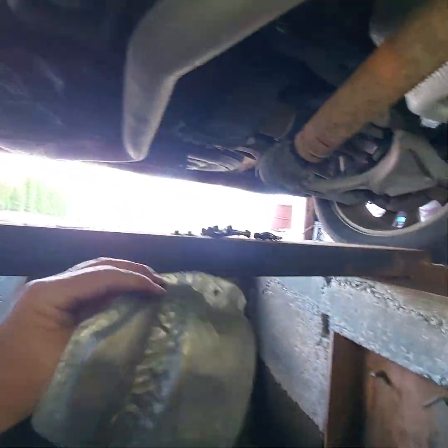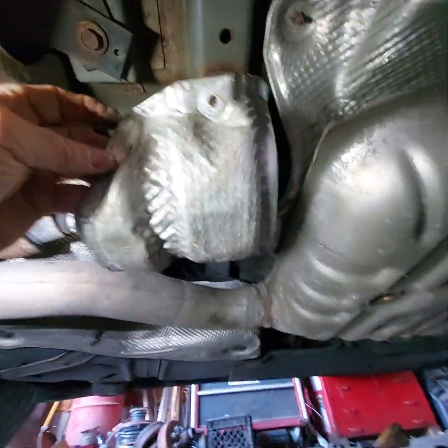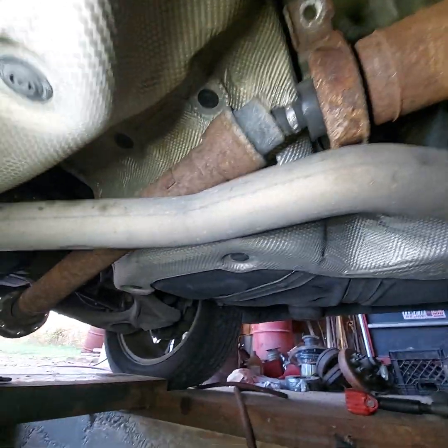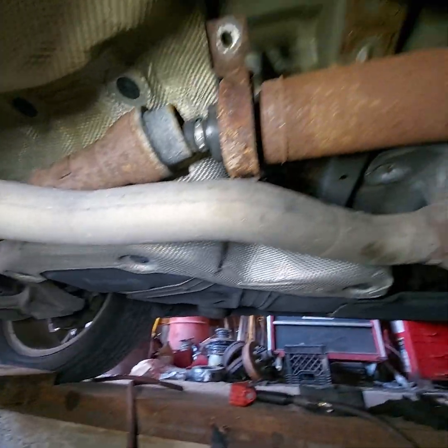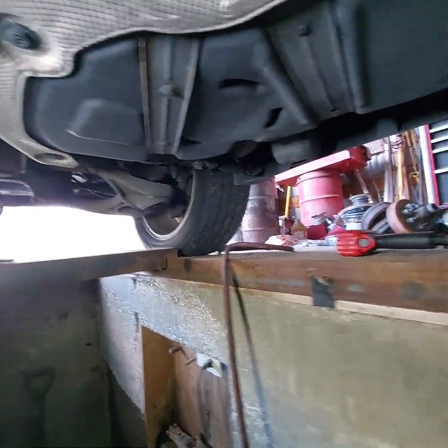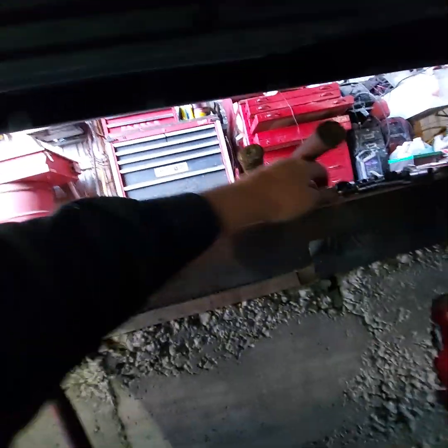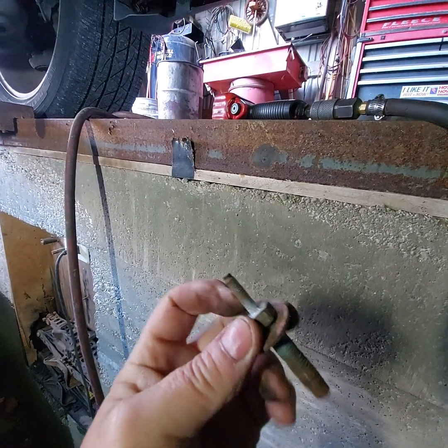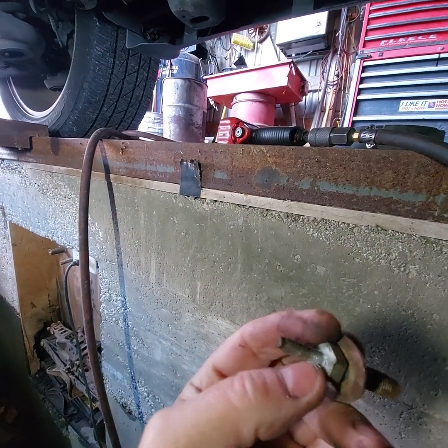There's a little heat shield here that goes over right there. 2 10mm nuts. Take that off, and then there's 2 bolts. Let's see, hang on a minute. What did I do with them bolts? Here they are. That holds the carrier bearing in, and your 10mm nut goes on that, and that's what holds